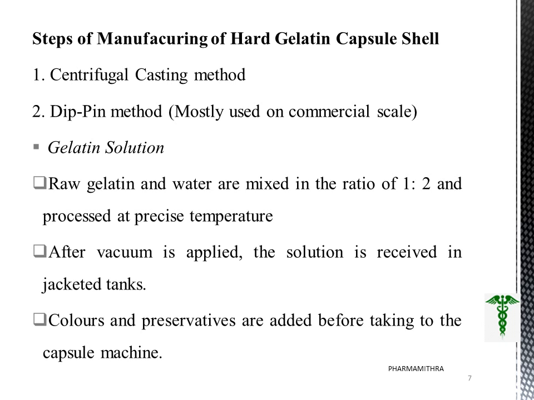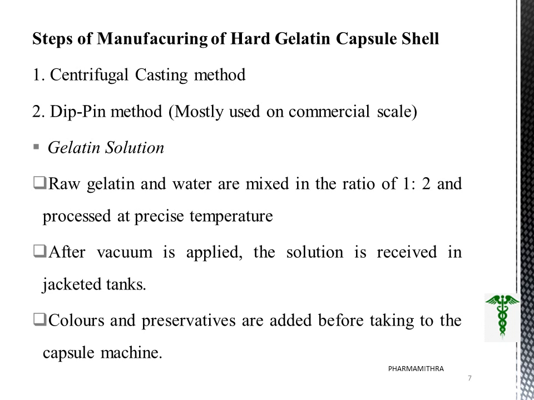While moving to the steps of manufacturing, it can be manufactured by the centrifugal casting method or the dip-in method. And the dip-in method is mostly used on a commercial scale. Now the steps, because sometimes in the options these will be in disorder and you are asked to arrange them, so you may get confused. First of all, before going to hard gelatin capsule shell manufacturing, what is the gelatin solution and how is it